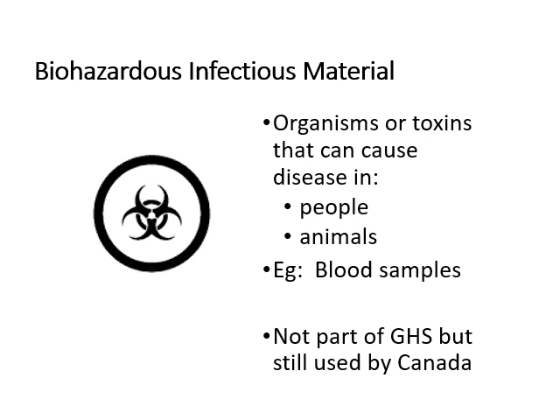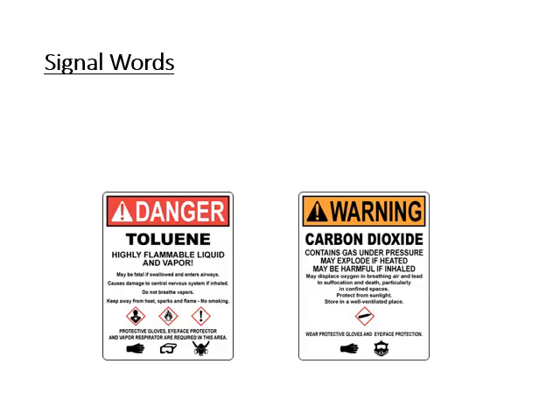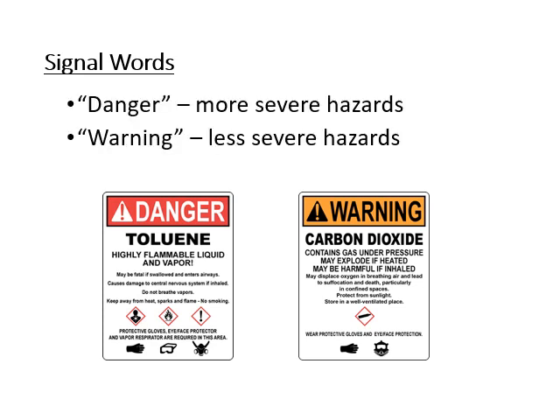Alrighty, so lastly, there's a couple little things just to finish up here. We talked a little bit earlier about signal words. So signal words are things like the danger and the warning. There's two signal words, danger, warning. Danger is a lot more dangerous than something that's given a warning. So those are the two signal words. And so danger is more severe and warning is less severe. And finally,